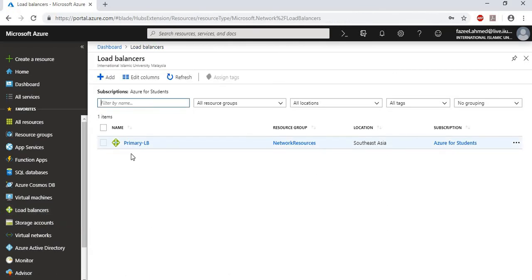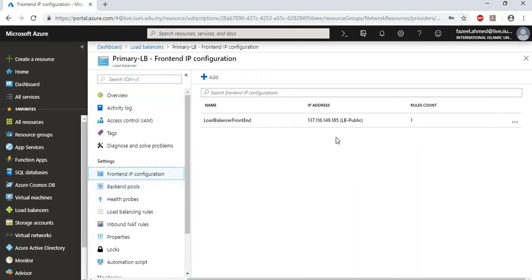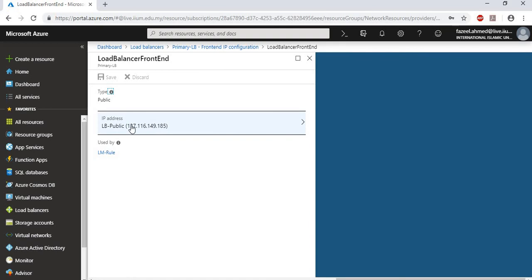Actually this is the load balancer part to manage the resources of our VM. If we move on to this part, we can see this is the configuration. We have the backend pool part, we have the health probe part, and the load balancing rule. So these are the three main things we apply to our load balancer. As you see in the IP configuration, we have this IP. If we copy this IP here,